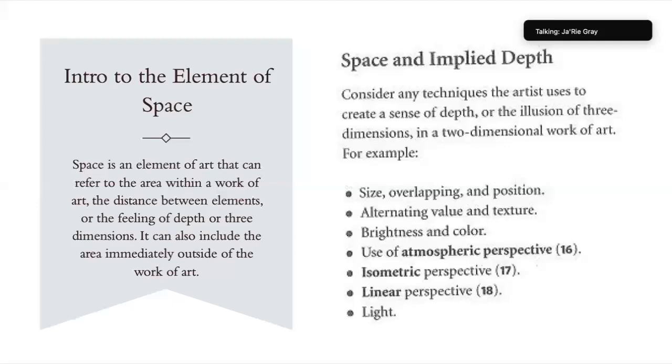There's technically a lot of perspectives out there, but these are just a few that are numbered and named. Isometric perspective, and I will give you guys a visual of these perspectives. Isometric perspective is pretty much you'll have a horizon line, where the sky and land meet, and then anything within your composition, let's say a house, the corners of your house are going to go to the horizon line,